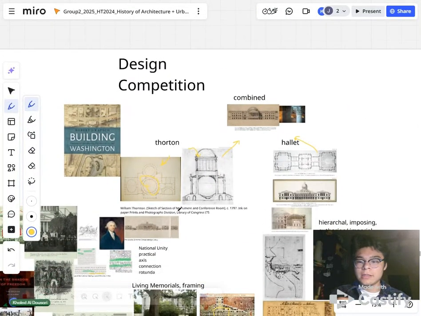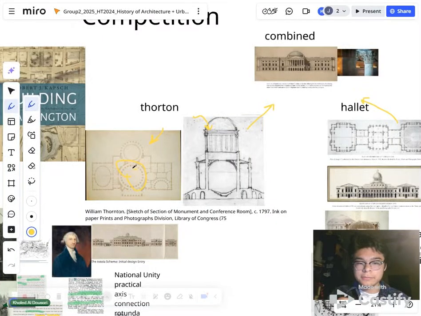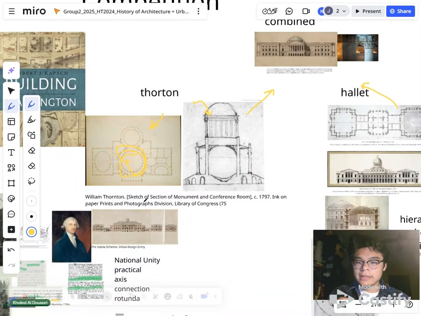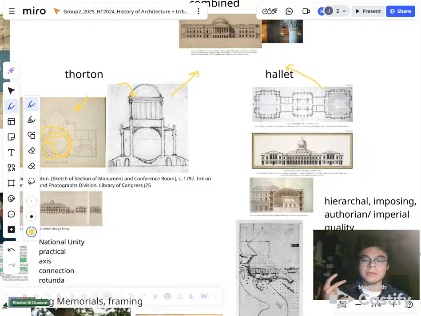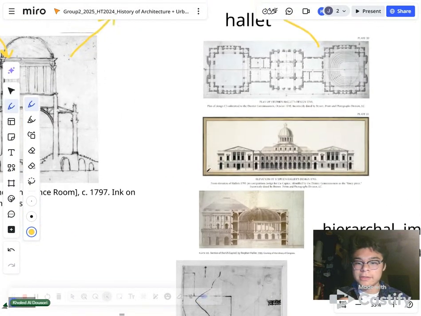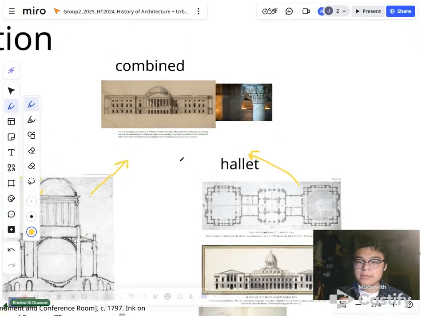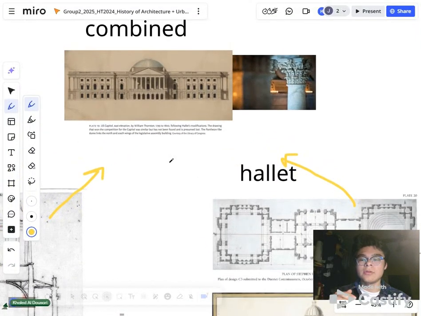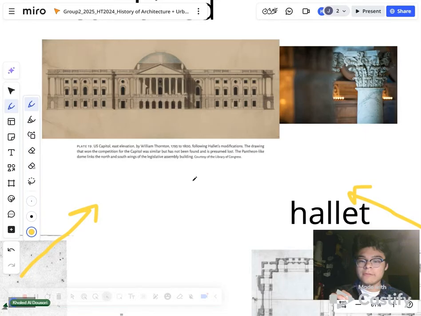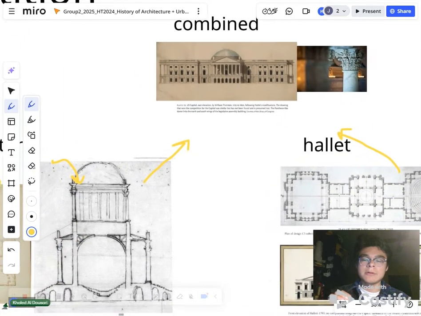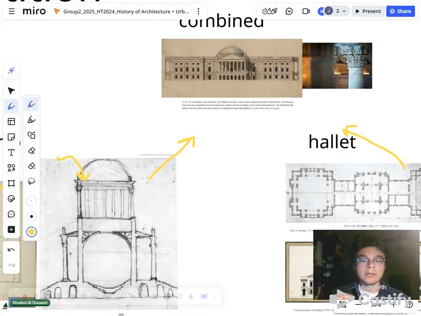William Thornton's plan followed L'Enfant's city plan through the use of a radial rotunda, seen here, and enables unity and transparency. Hallet's design drew more inspiration from European hierarchy and authoritarianism. The combined design of the men featured a pantheon-like dome that unified the building and implemented structure to the Corinthian order. Overall, many felt hesitant to borrow directly from European ideas, but were concerned with a national identity and creating a new national monument. Architecture became a political manifestation and means of representing democracy, though it was also a product